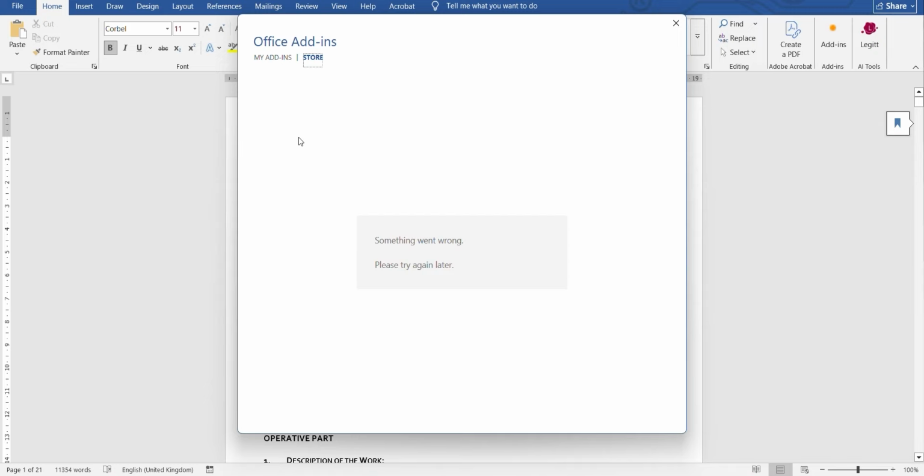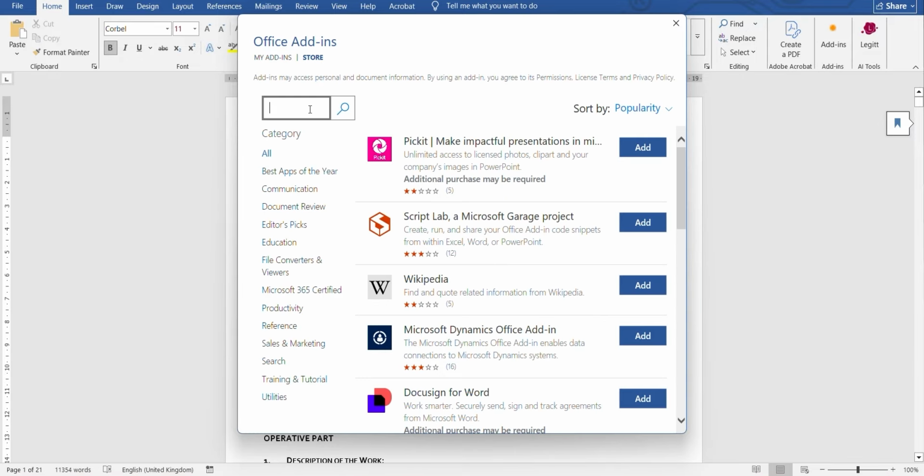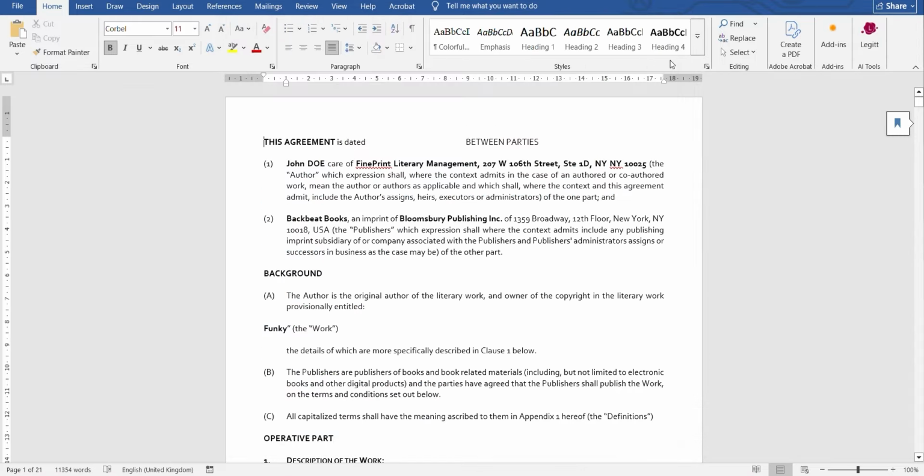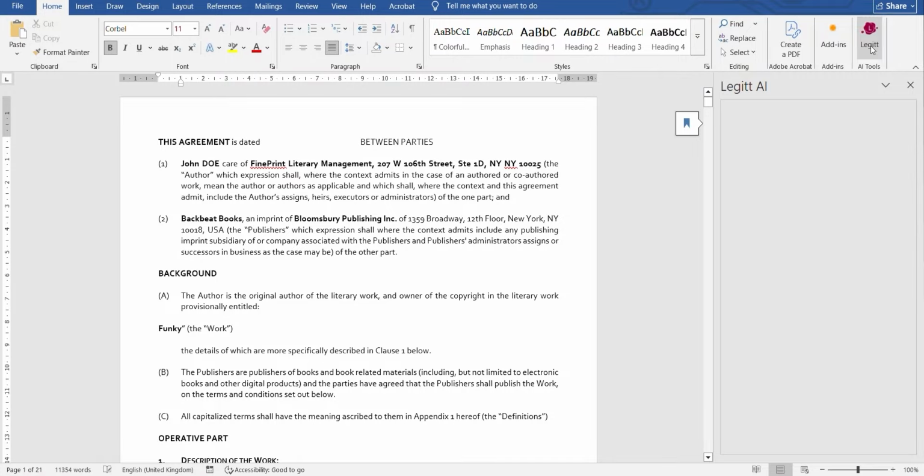So you will get some page like this, and then you simply search Legitt. When you search Legitt, you will get something called Legitt AI Office Tools. You click on add. When you click on add, it will appear like this here, Legitt AI Tools. You click on this Legitt AI Tools,